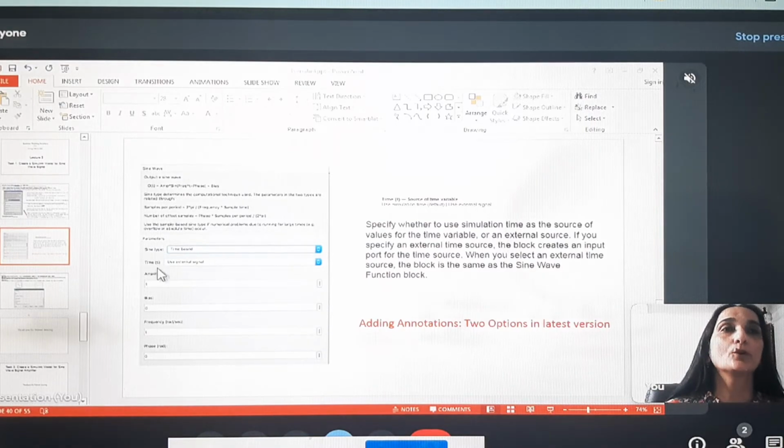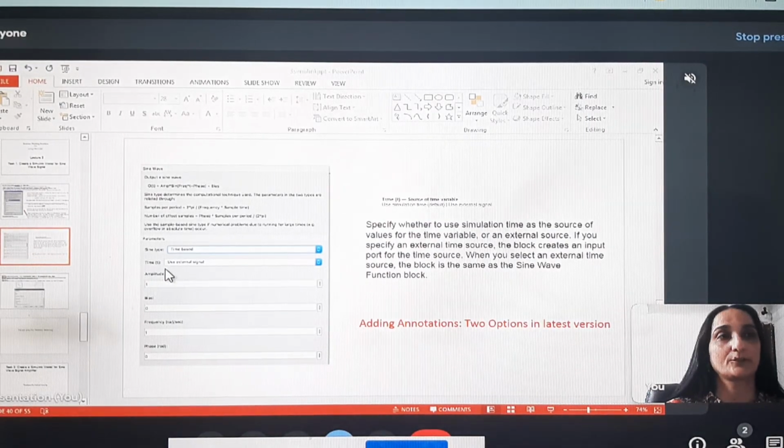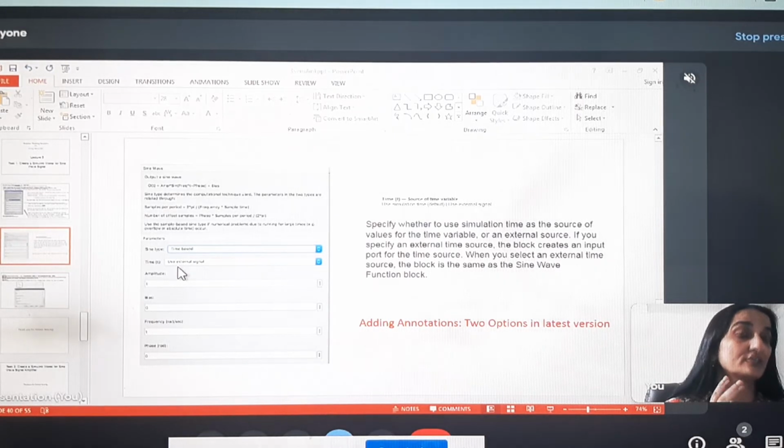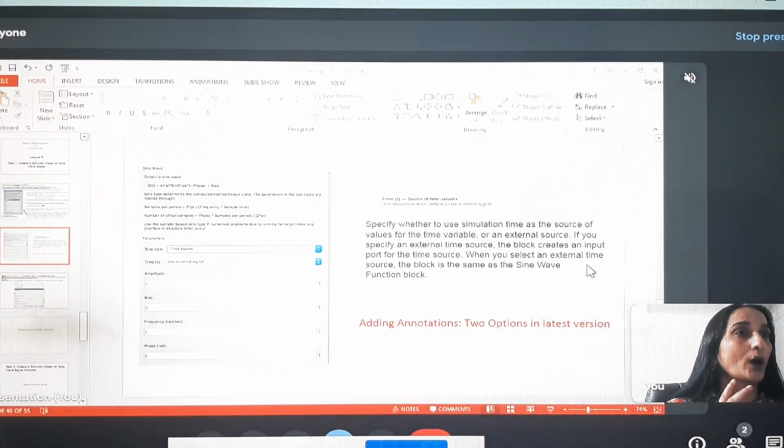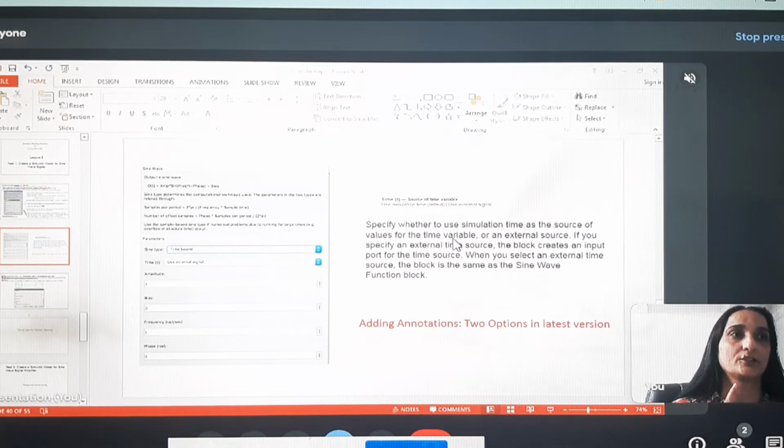There is one more drop down menu, that is the time drop down menu. By default, there are two options in this time drop down menu: use simulation time, and use external signal.